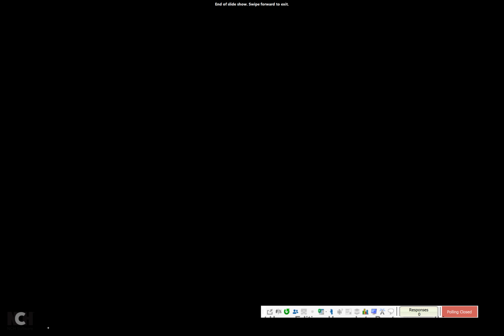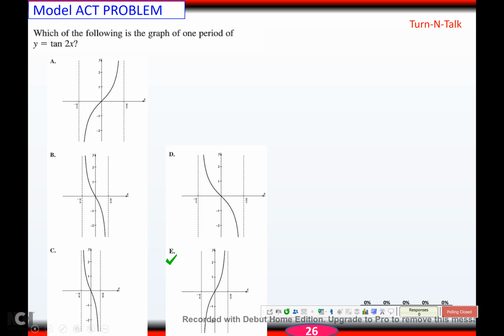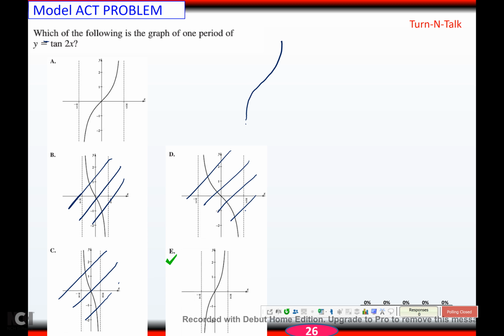And hopefully, come on. Alright, where'd it go? Oh, there's E. Sorry, I was looking for the green check mark. Okay, so they want to know which of the following is the graph of one period of y equals tangent of 2x. First of all, tangent, unless you reflect it with a negative, has to go up to the right. So that would be a cotangent, and that would be a cotangent, and that would be a cotangent. Okay, so it's between A and E. Well, that must mean my period. This is pi over 4, this is pi over 2. Well, period of tangent is pi over B. B is 2, so I have to finish a cycle by pi over 2, not